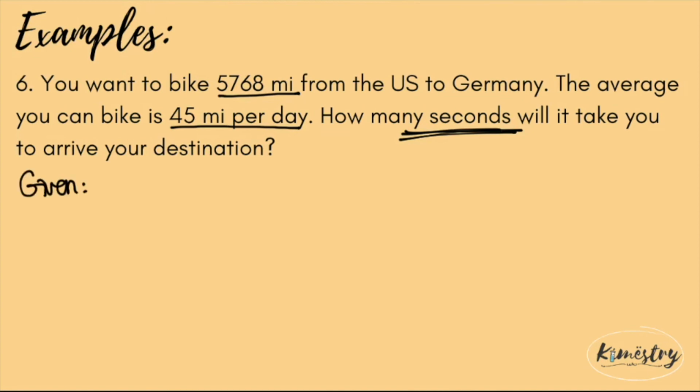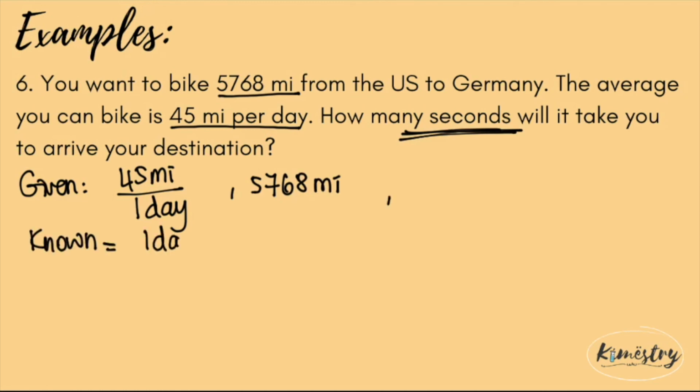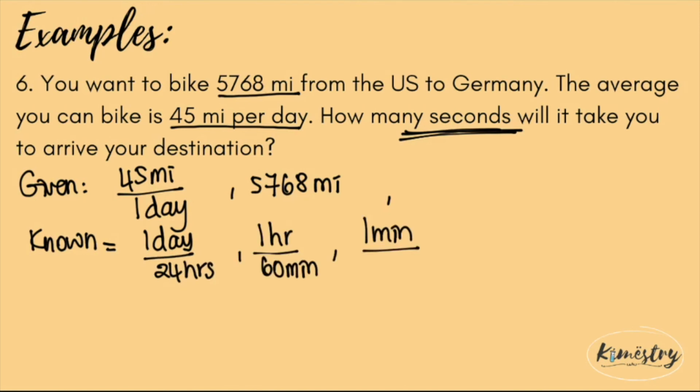So given we have 45 miles per day, I can also write down 1 day per 45 miles, and given 5,768 miles, the conversion factors that we know are 1 day we have 24 hours, 1 hour 60 minutes, and 1 minute 60 seconds. So in this case, we just need to cancel out every unit we don't want and get to second. So 5,768